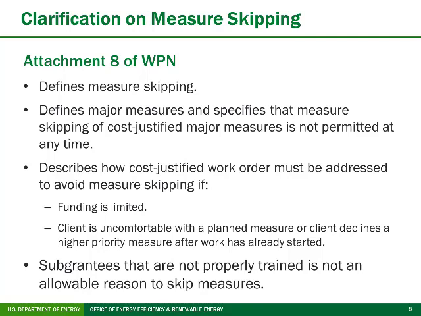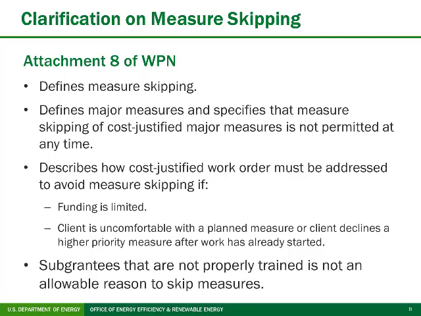However, if the client still continues to decline a measure, then the decision must be made whether or not that is a major measure or if it is a measure that does not fall into that category. If it's a major measure, then the job must be deferred. If it is not a major measure, then the auditor can provide sufficient documentation and justification for why that measure needs to be skipped, and provided that that is included in the client file,